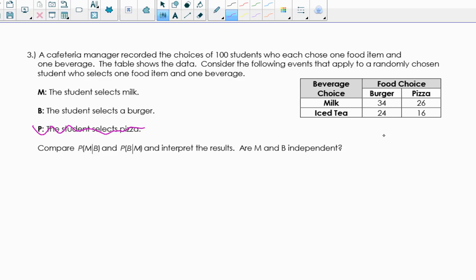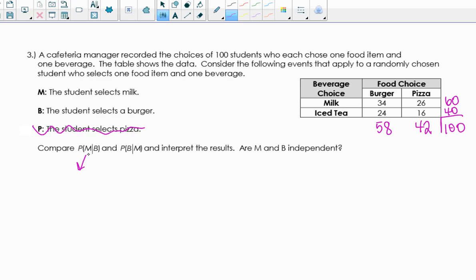So if we add these together, we get 58. If we add these together, we get 42. If we add that together, 34 and 26 is 60. 24 and 16 is 40 for a total of 100 students. All right, so if we compare,